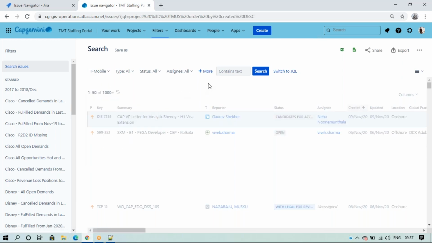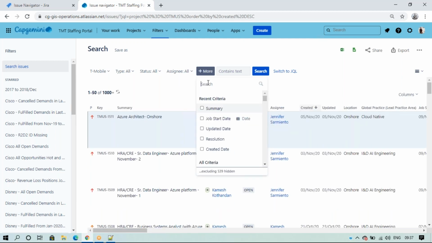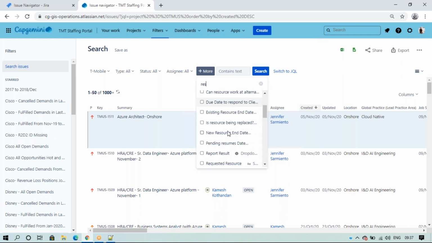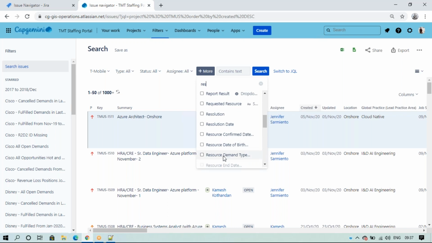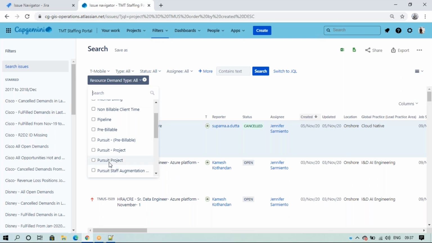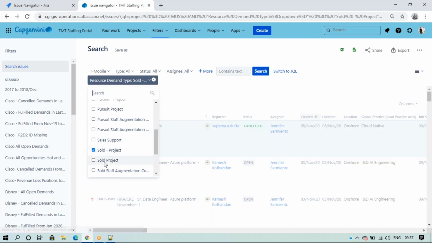You can select the project, and here you have a more option. Click on more, and in the more option all custom fields will come. I selected resource demand type, and the drop down will obviously come. So I want only sold project. I have two sold projects, right?